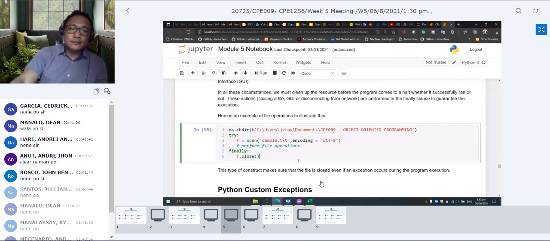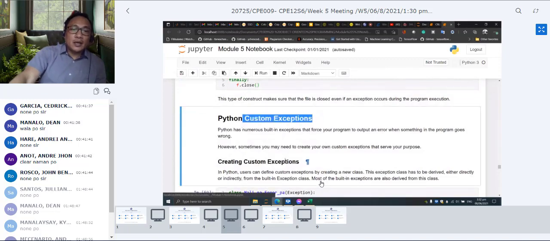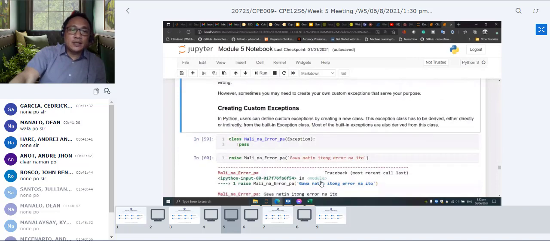All right. Now, you can also create custom exceptions. In this case, you can create a class as part of the exception class. This is a child class that you're creating from the parent class Exception. This is the parent class Exception, and this is the name of the class that you're trying to create. You remember classes? This is what we call inheritance. Now, all the attributes inside the exception class will be inherited by